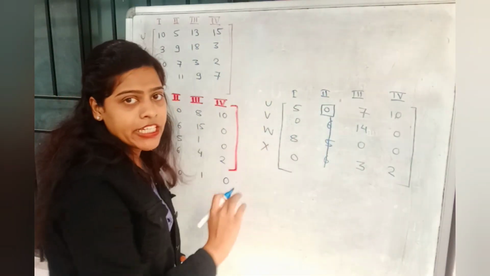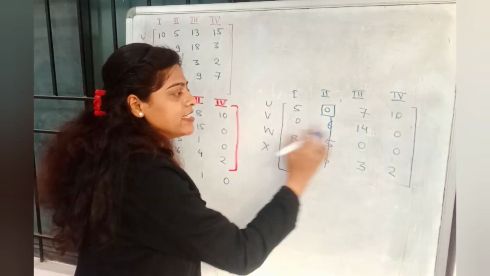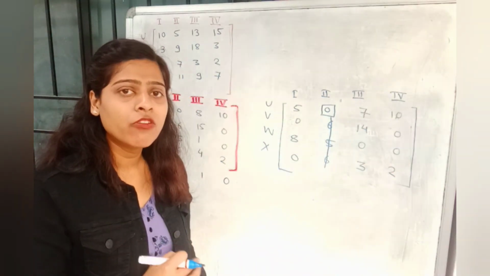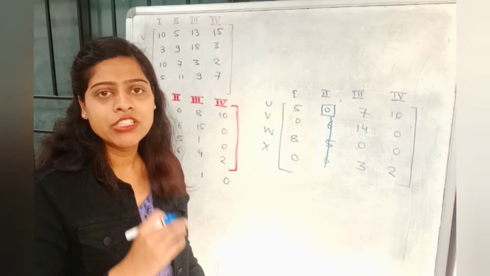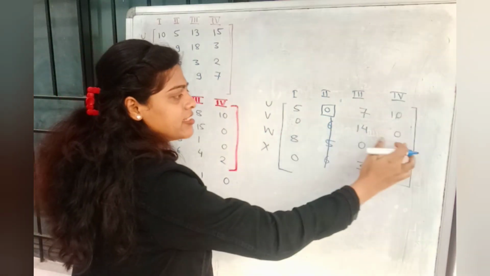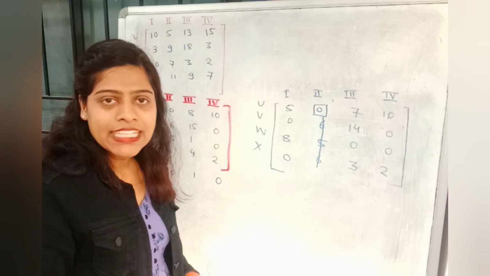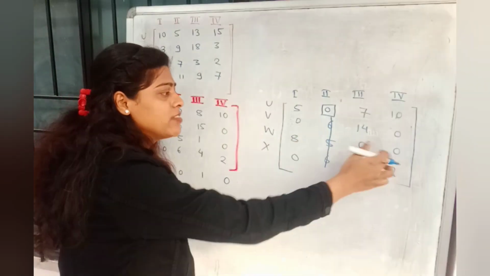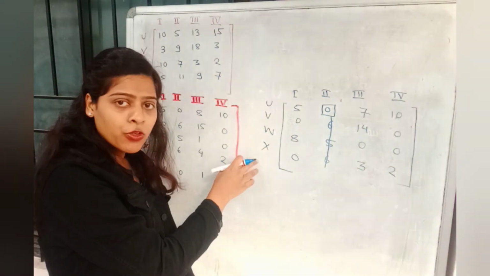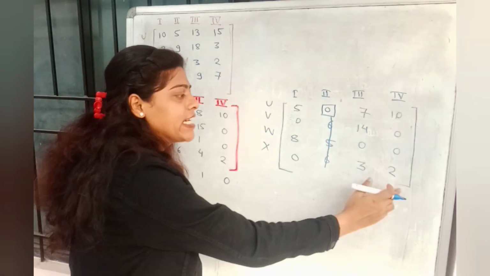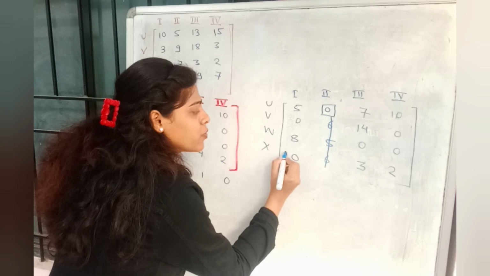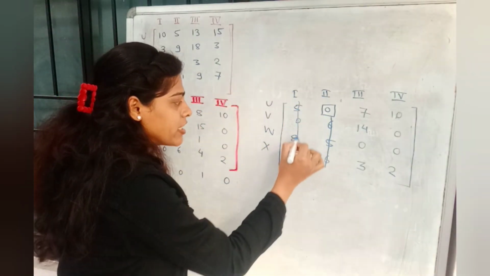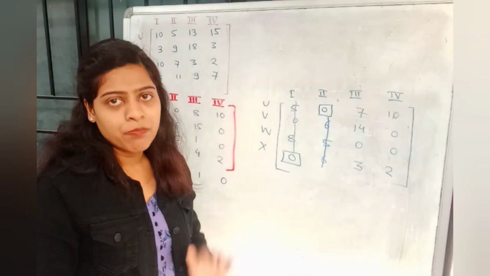First row is completed. In the second row we can clearly see there are 2 zeros. As we already know, if we have more than 1 zero, then we just skip that row. So we skip this second row. When we see the third row, this row also contains 2 zeros. So skip this row. Now move to the fourth row. The fourth row contains exactly 1 zero. So put a square around that zero and draw a vertical line through that zero. Row scanning is completed here.